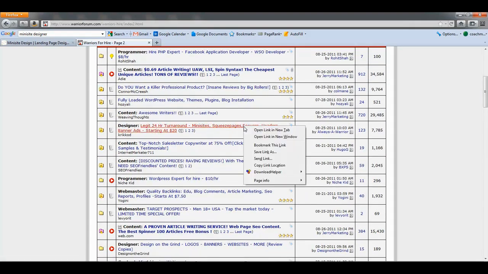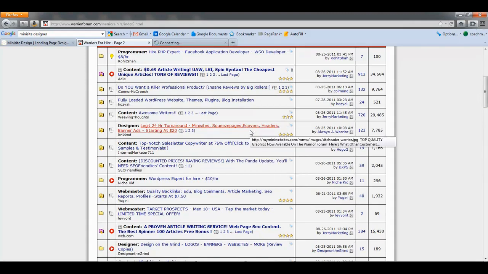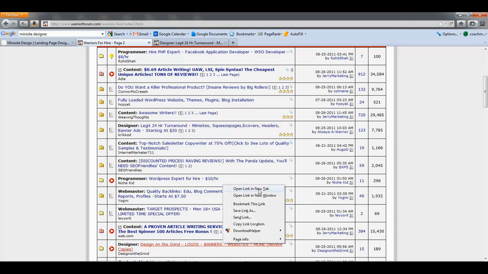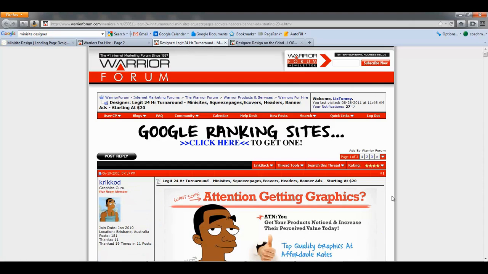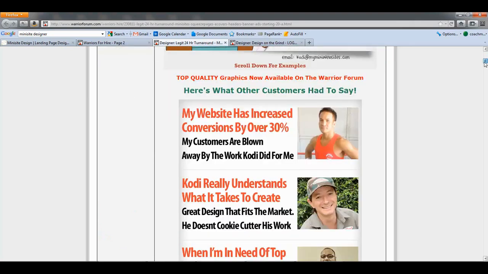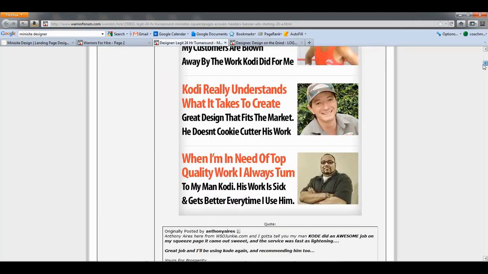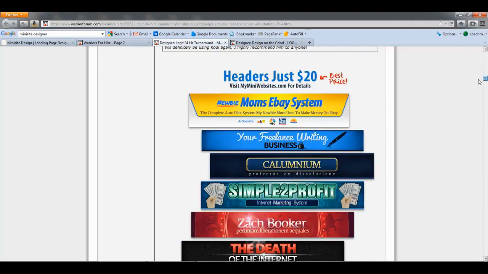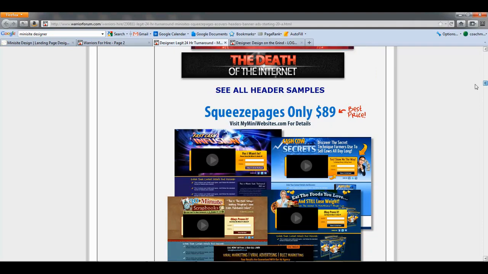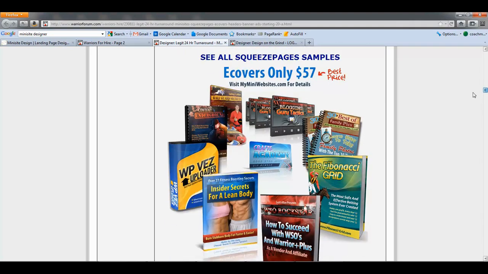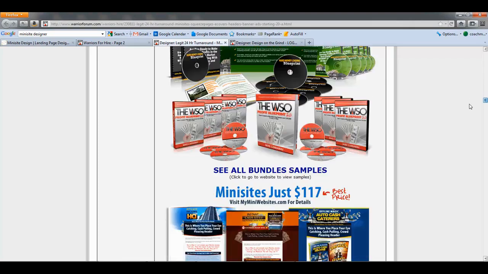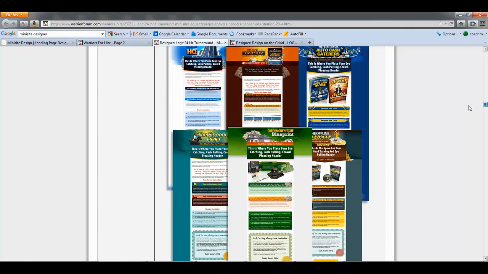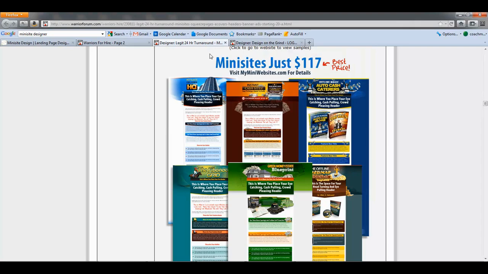Mini sites, squeeze pages, e-covers, headers, banners. That's what we're looking for. Let's go and see if we can find one more. Logos, banners, websites, and more. Take a look. Attention getting graphics. So he does squeeze pages, e-covers, bundles. Looks like a whole entire mini site,